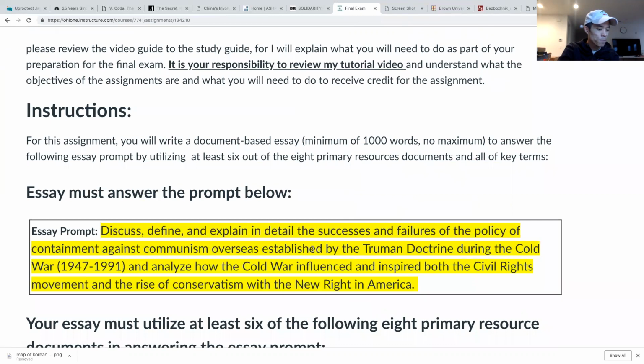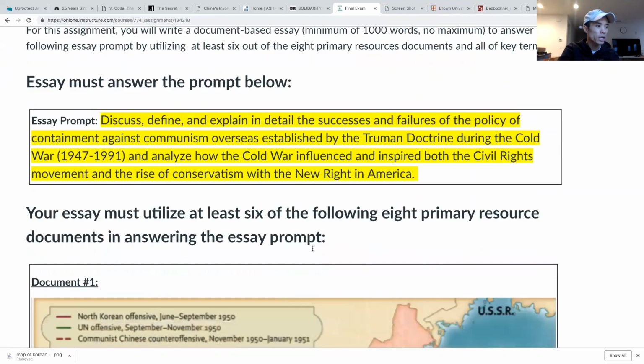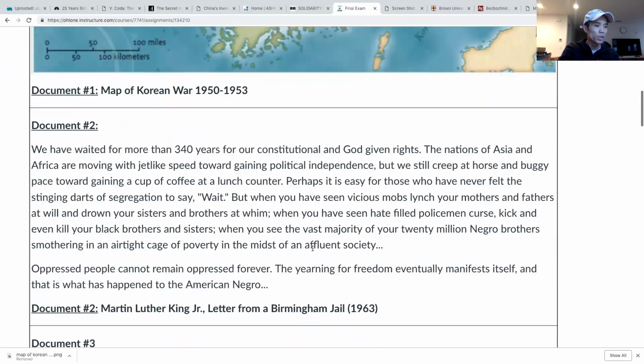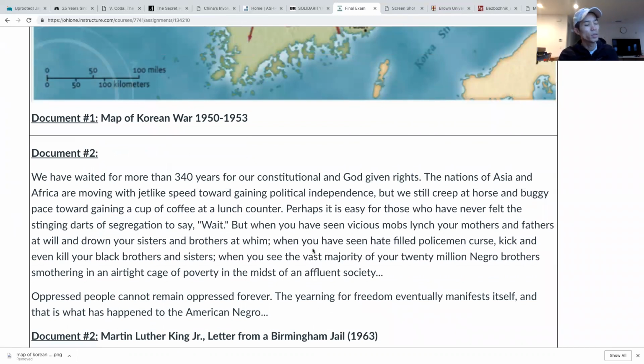So let's go with document number 2, okay? If you look at document number 2, here you have a document by Martin Luther King. It is a letter that was written by Martin Luther King from a jail in Birmingham. This is the Birmingham campaign of 1963. So he's in jail, he's writing this letter. But what I really love about this passage is how Martin Luther King